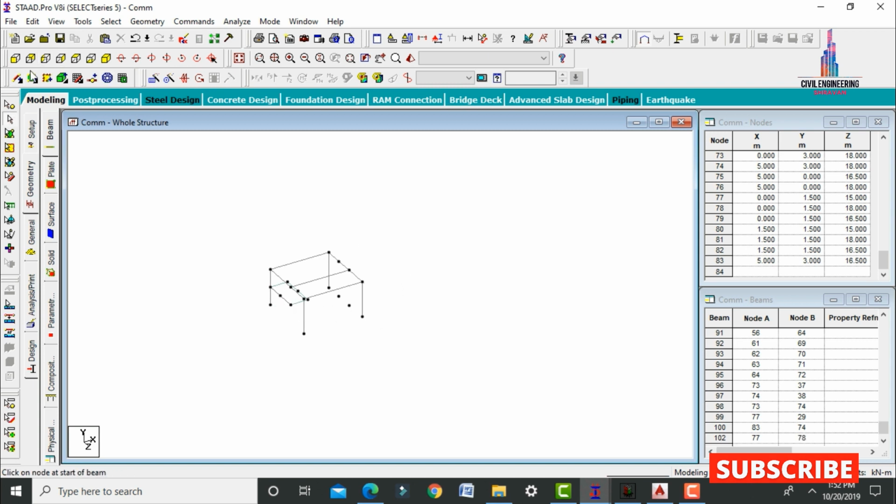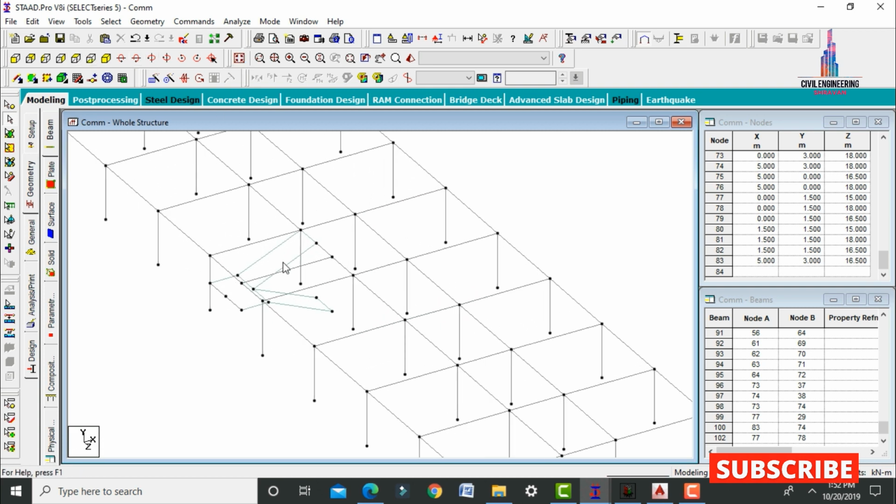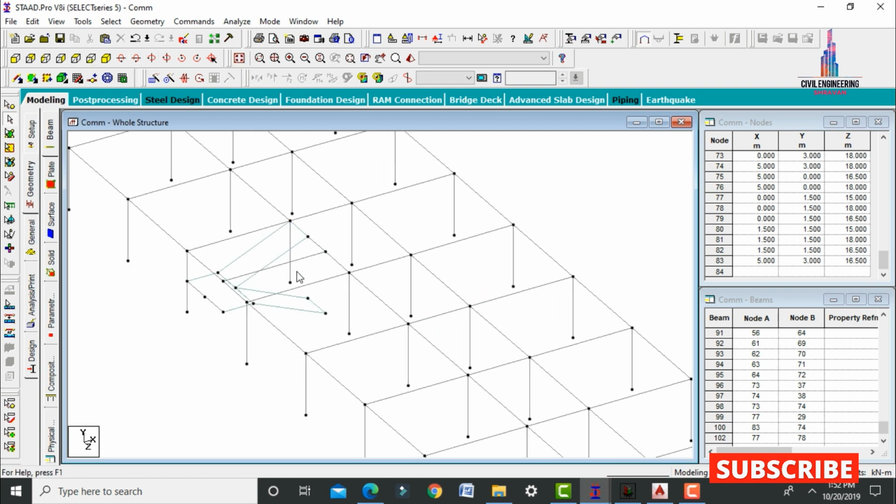So after that select the add 4 node plate again. Again I'm selecting the 4 node plate, select the first point, rotate the model here. So select the second point here, again select third point, again click on fourth point. In the same way, select the first point, select the second point, select the third point, again click on fourth point. So after that click on house structure command. So it has created your staircases here for this respective portion.